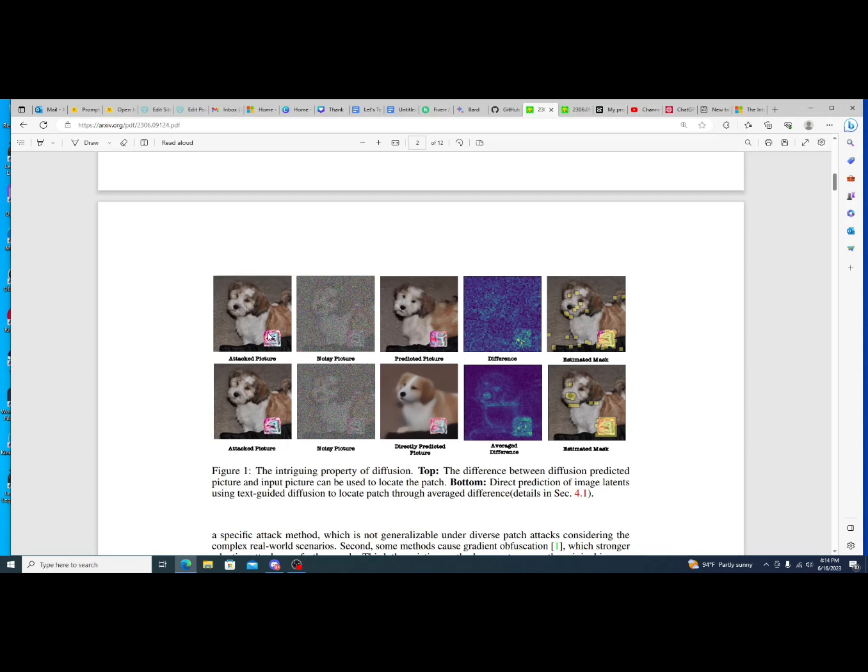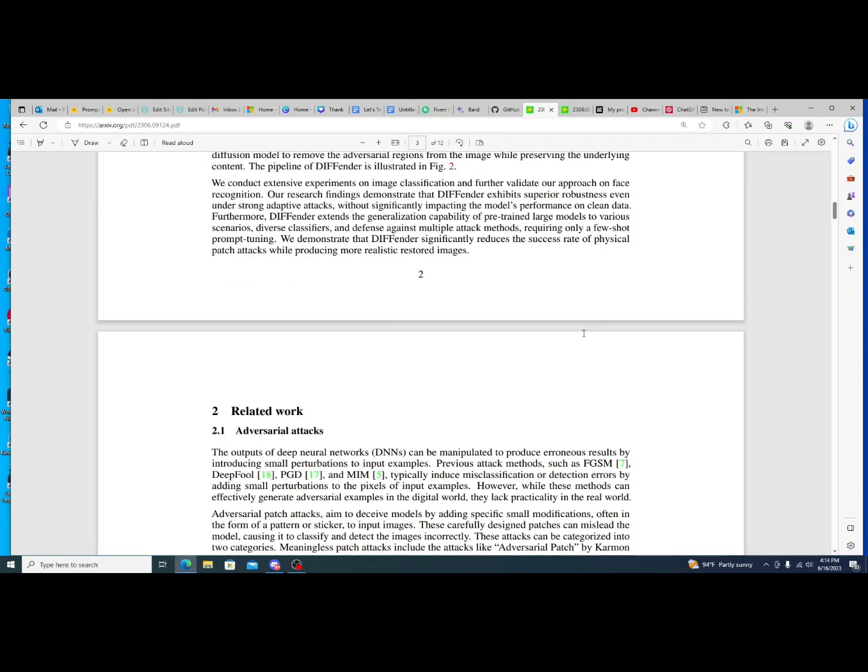So what Diffender does is utilize diffusion, which is typically used for image generation. Essentially it takes an image and makes the image noisy, and then it predicts the image and creates an outcome based off of that image. But what Diffender does specifically is notice differences between the predicted image and what is produced from the noisy image. And then if you scroll further down in the paper to their methods,